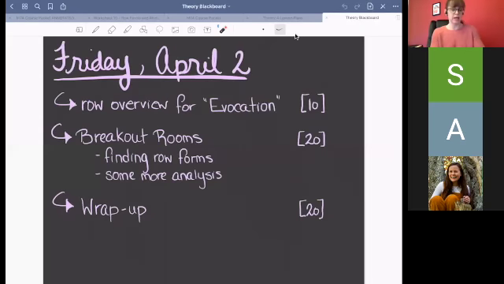Okay, good morning. All right, so on tap for today, we are going to take a couple of minutes to explore the row that Hale Smith uses in Evocation. A lot of you have done worksheet 10, so you've kind of already done that to some degree. We are actually going to just use worksheet 10 to talk through that. And then I'm going to send you off into breakout rooms to do a little bit of row analysis on